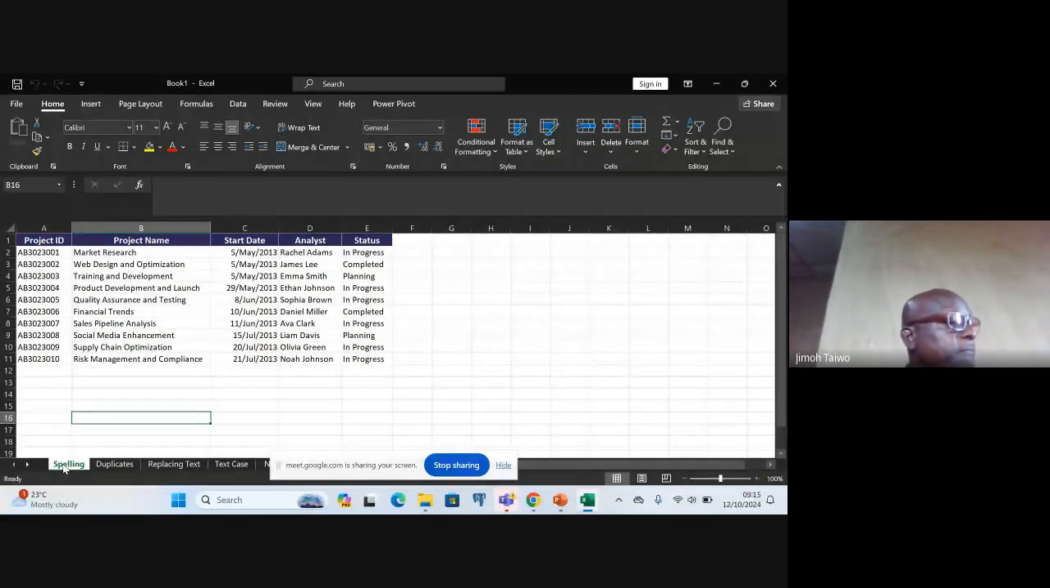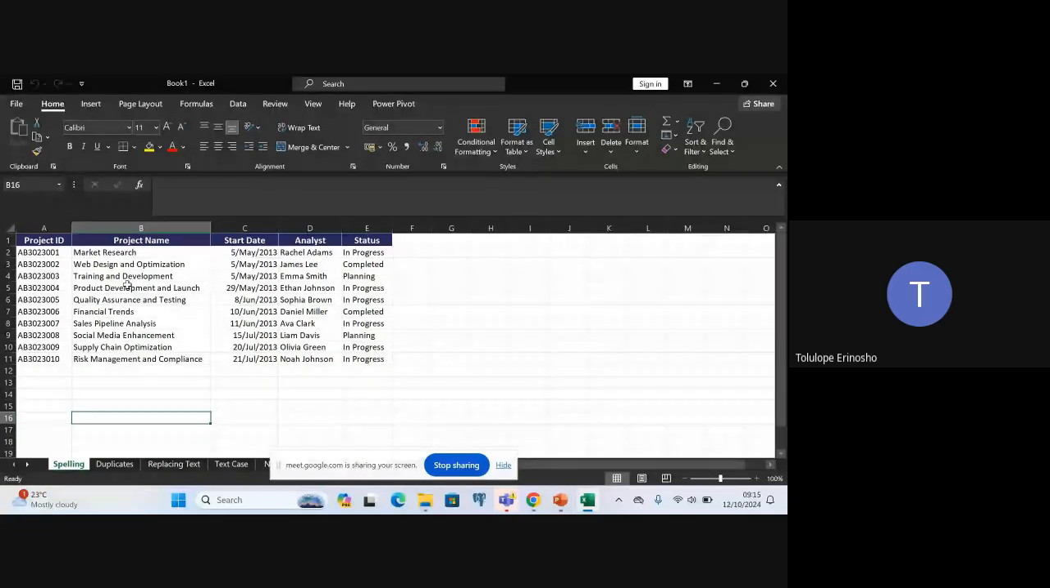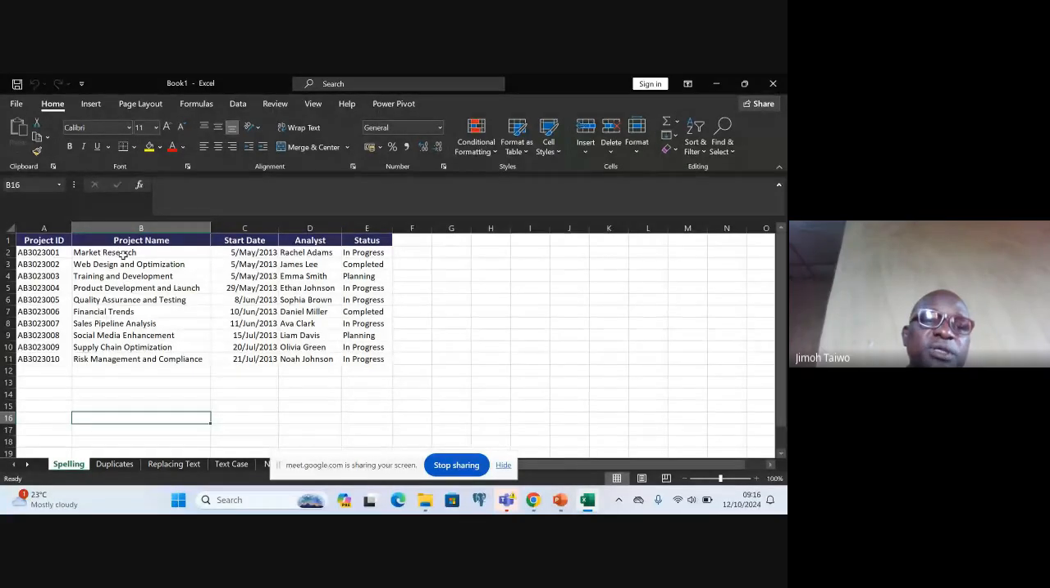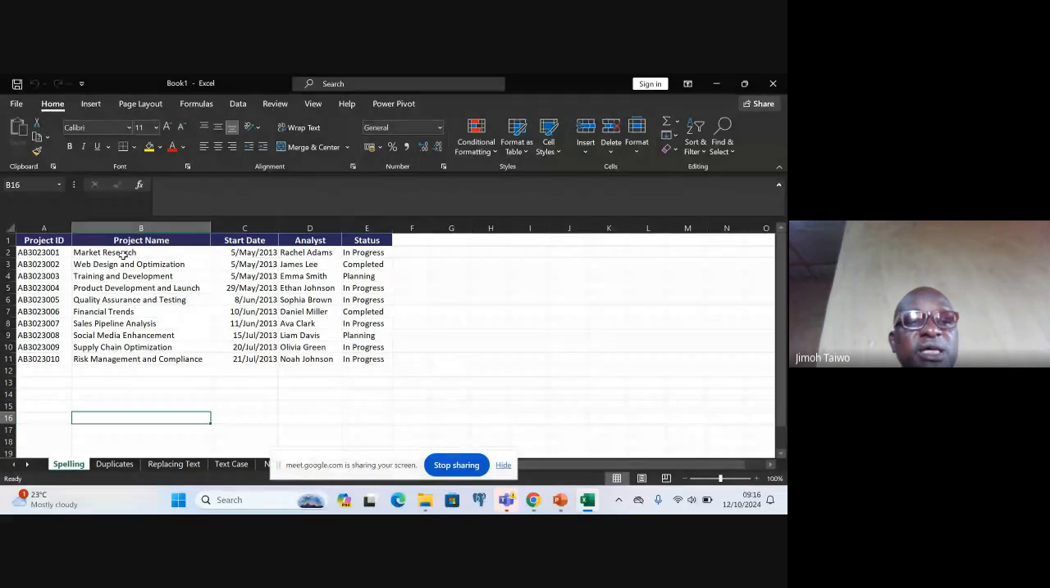Spell checking. You have to highlight the column you want to check for spelling mistakes. This may be the entire worksheet or a column or a set of columns or rows. Let's say, I think you are seeing my workbook. That's column B. You want to check whether there's any spelling mistake there. So you select that column,